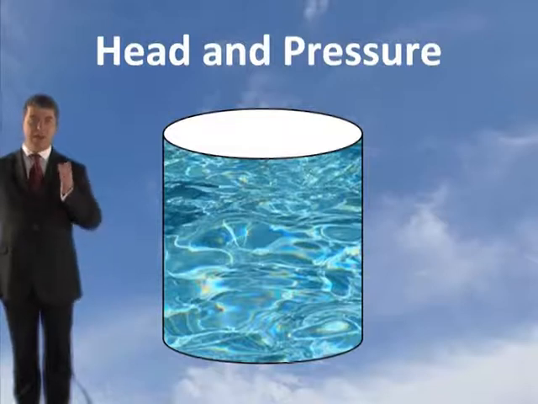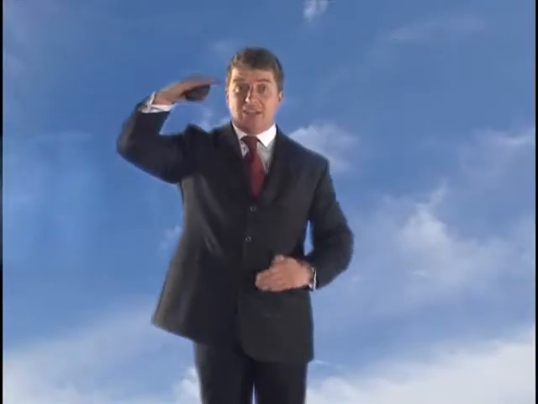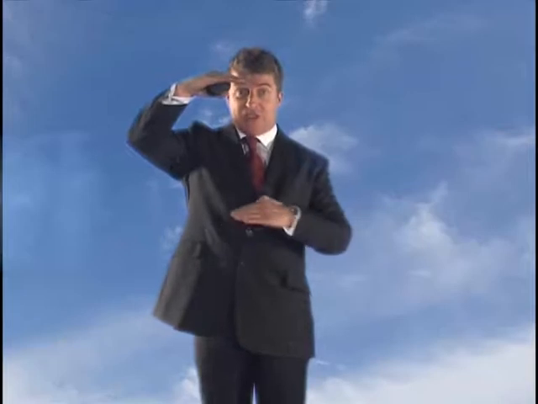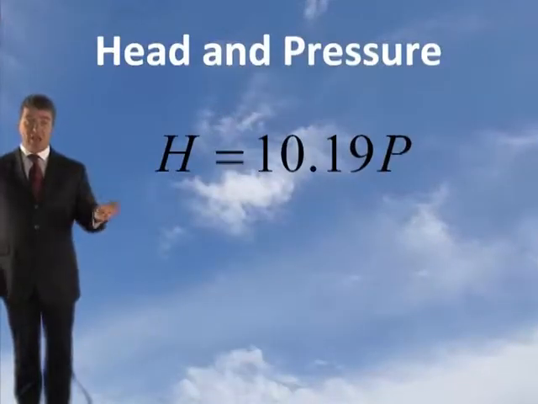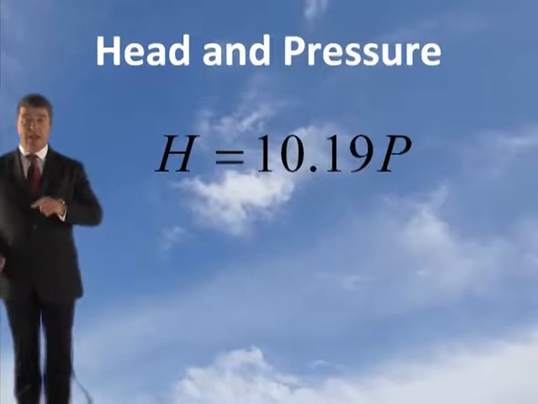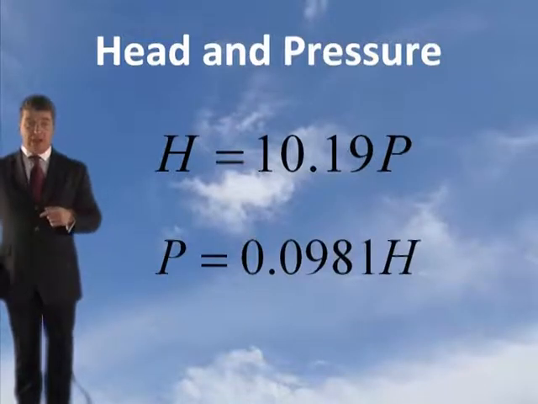Let's talk about head and pressure. The head is the height above what they're measuring, which is the datum, and the pressure is what's exerted at the bottom. So the head is in metres and the pressure is normally related to bars. So this formula here, H equals 10.19P, or you can transpose that depending on what you want to work out, is